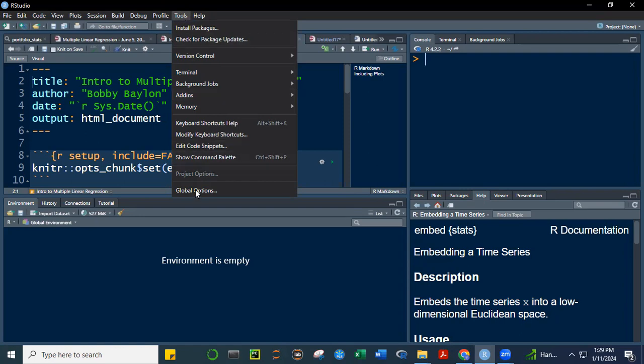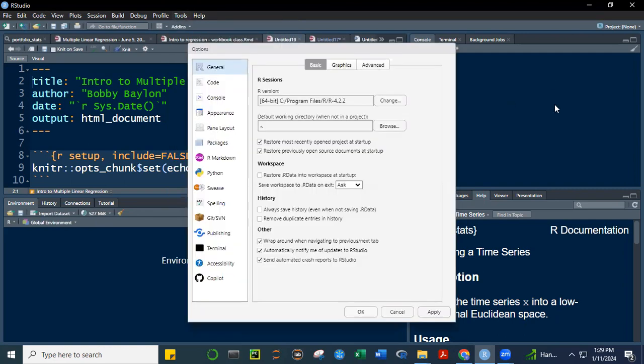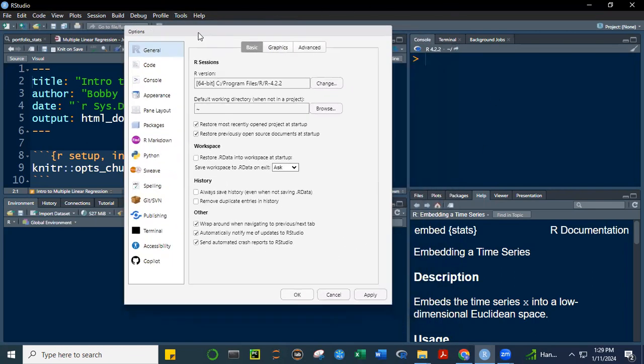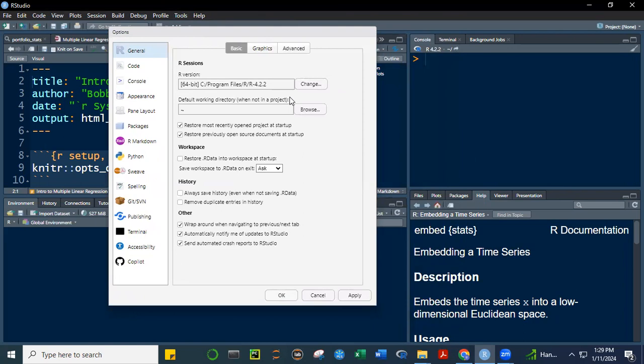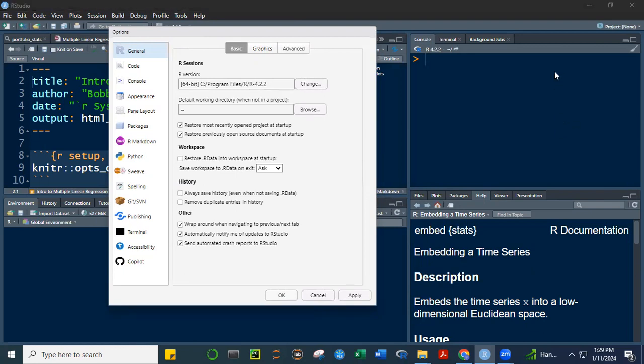Okay? And then global options. Tools and then global options. If you click this, okay, lalabas ito. Alright, pag mabilis ako, class, sabihin niyo sa akin kung masyadong mabilis yung instructions ko. Tools, global options, and then here,